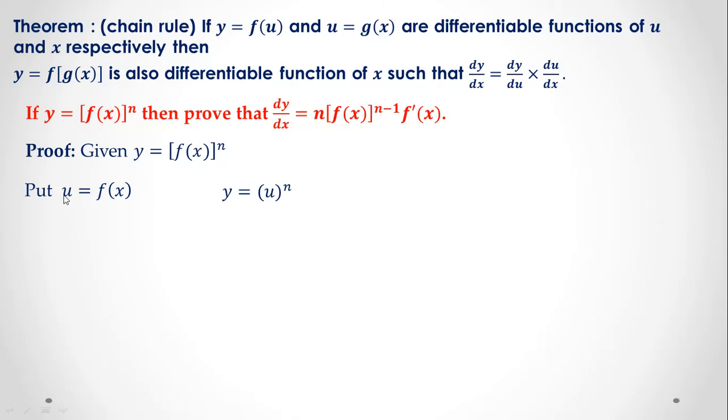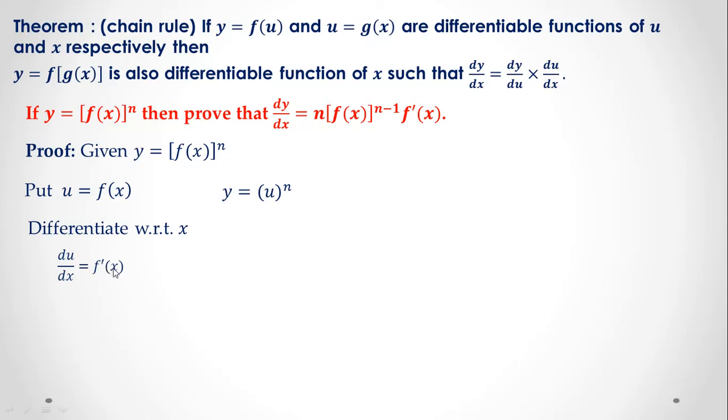Now see here, u is a function of x. u is equal to f of x means u is a function of x, and here y is a function of u. Now first of all we will differentiate u with respect to x. See this carefully, u is a function of x, so we have to take the derivative of u with respect to x. So what will you get? We get du by dx is equal to, now what is the derivative of f of x? Symbolically it is f dash x. If you want to write the derivative of f of x with respect to x, then we have to write f dash of x.